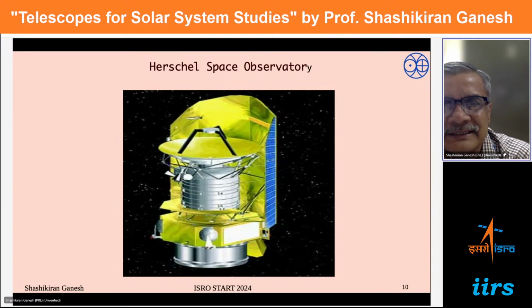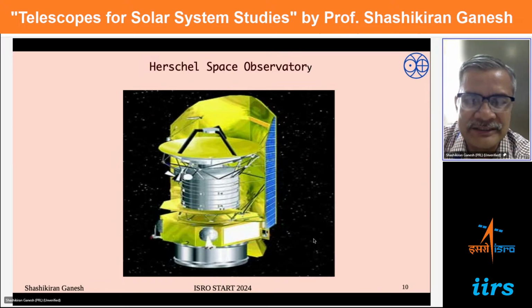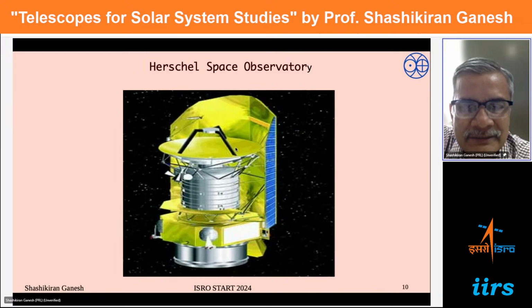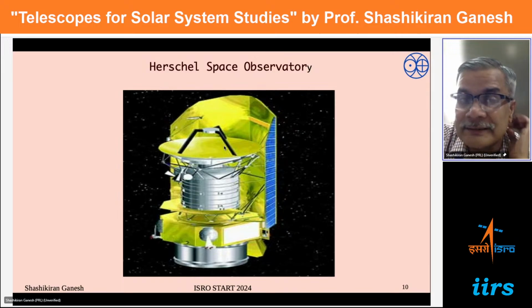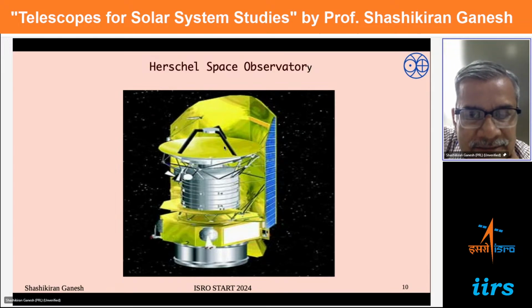One reason being that it is interesting to see what kind of science was possible with these bands, which, for example, the Herschel Space Observatory. This was a telescope of 3.5 meter size, this part here, and it's completely shielded from one direction, and then you can point to any part of the sky. And it was made essentially for far infrared and sub-millimeter observations. The entire telescope was cooled using liquid helium, and also the suite of instruments, which were essentially photometers and spectrometers